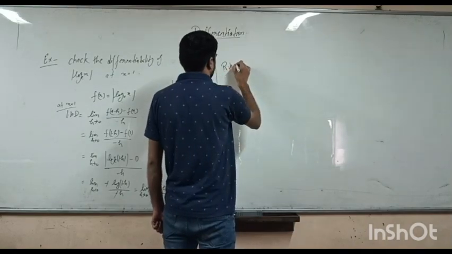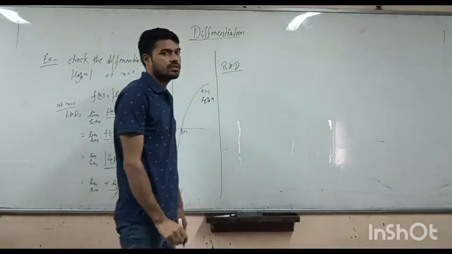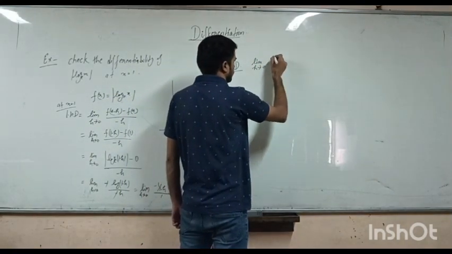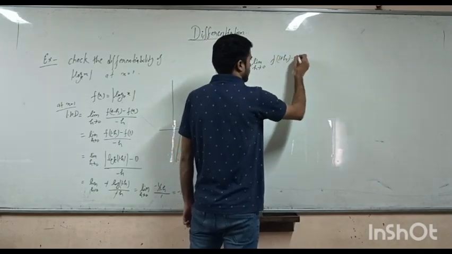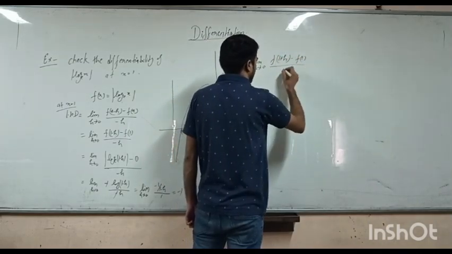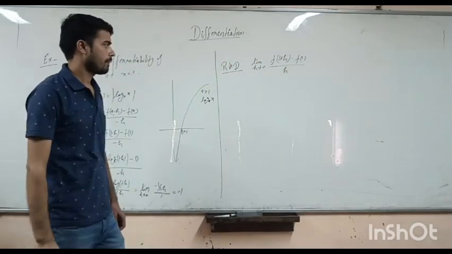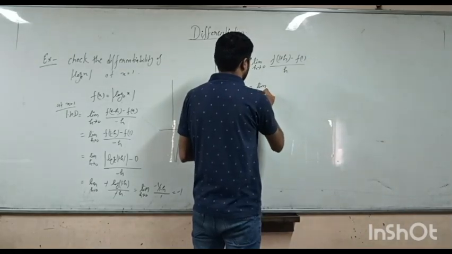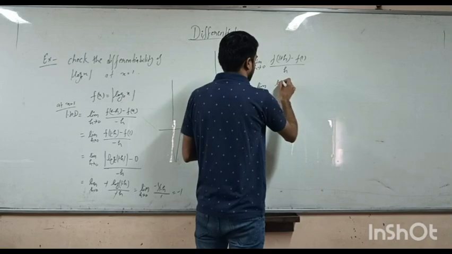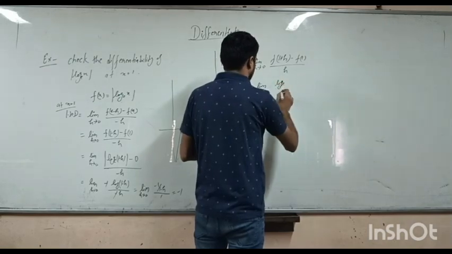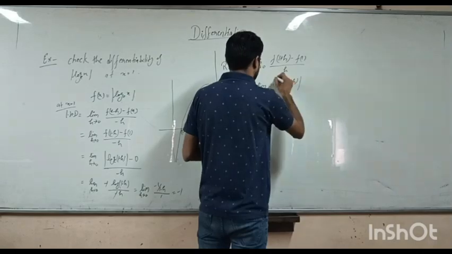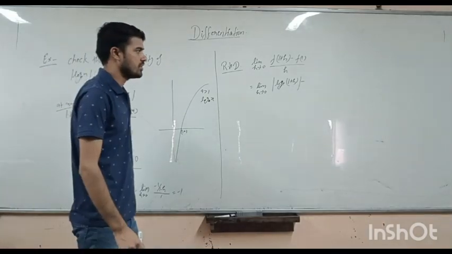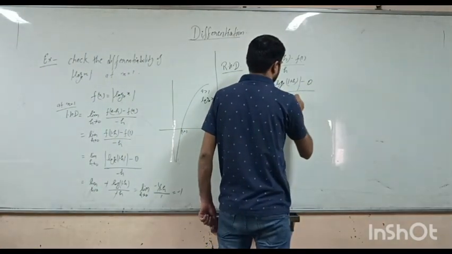Now we will find the value of the right hand derivative. What is the formula for right hand derivative? It is limit h tends to 0 f of 1 plus h minus f of 1 divided by h. Now we will just replace them in the value of the function. What is this? This is log 1 plus h minus, similarly again the value of log 1 is 0, so we will use here 0 divided by h.